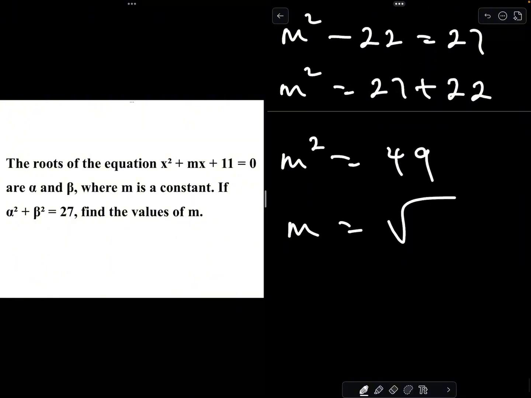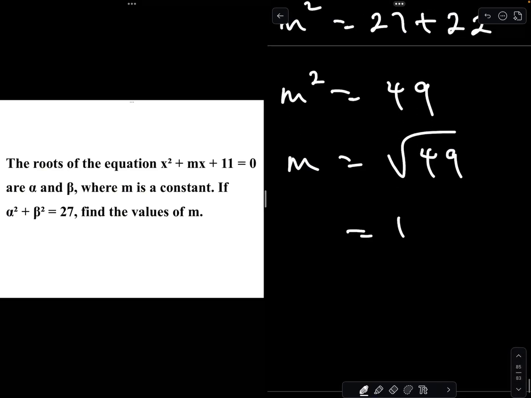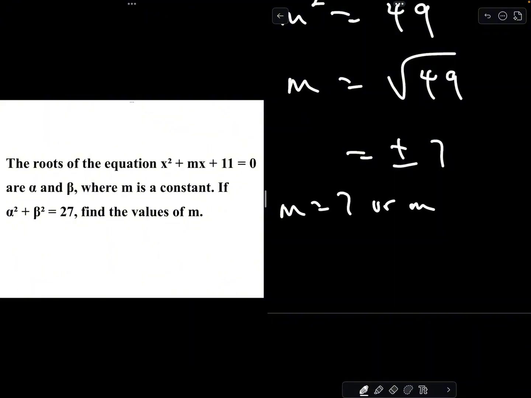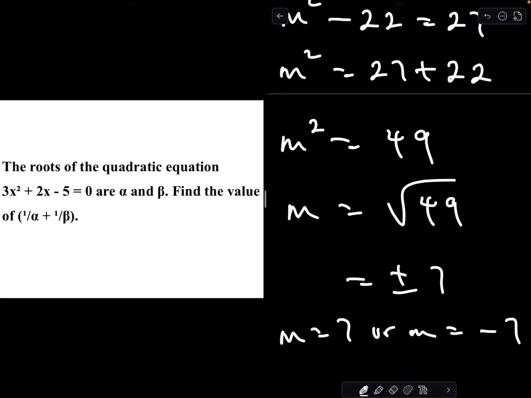And if you find the square root of both sides, m equals the square root of 49, which is plus or minus 7. That simply means m equals plus 7 or m equals minus 7. And that's it. The roots of the quadratic equation 3x squared plus 2x minus 5 equals 0 are alpha